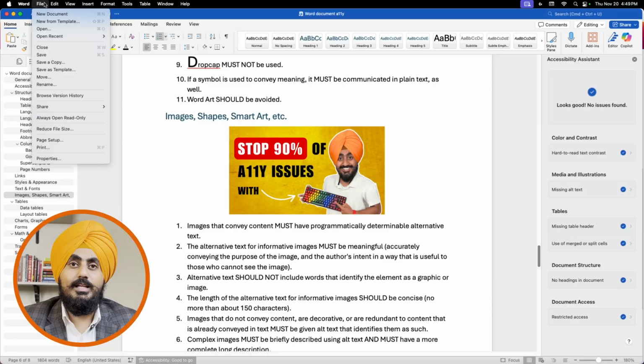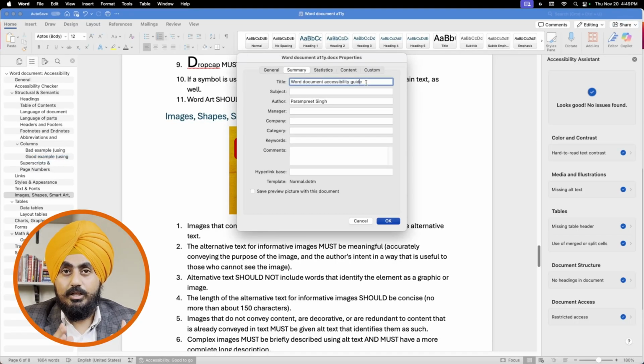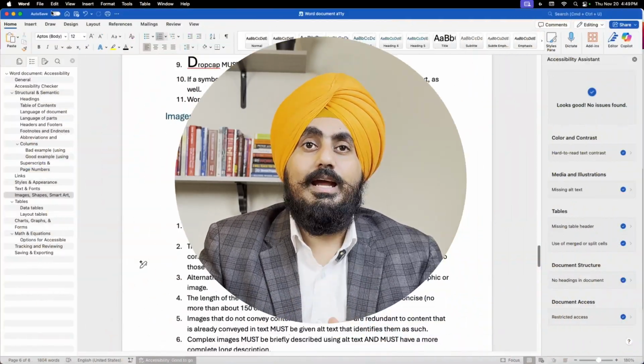The last step and the most critical one is saving and exporting. When you are done, don't skip the finish line. This is where most Word documents lose their accessibility. To save your Word document responsibly, go to File, then to Properties, and under Summary, fill out the title, author, and subject. These are not nice to have. Screen readers use this metadata to help users identify and organize documents. And in the end,